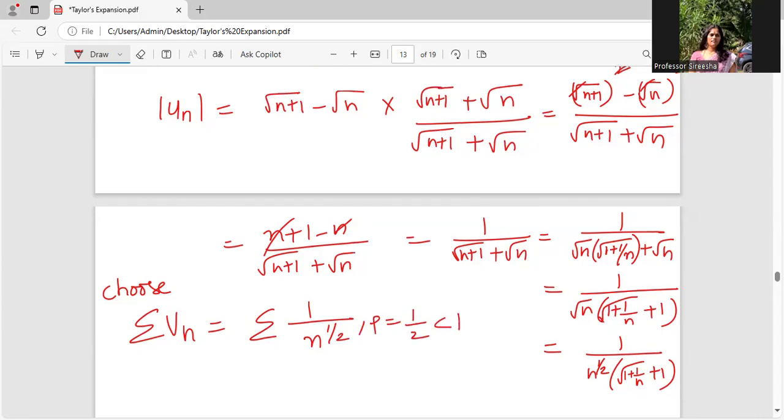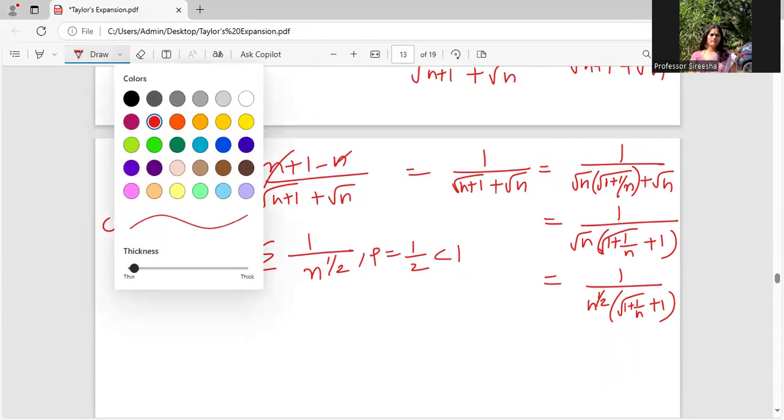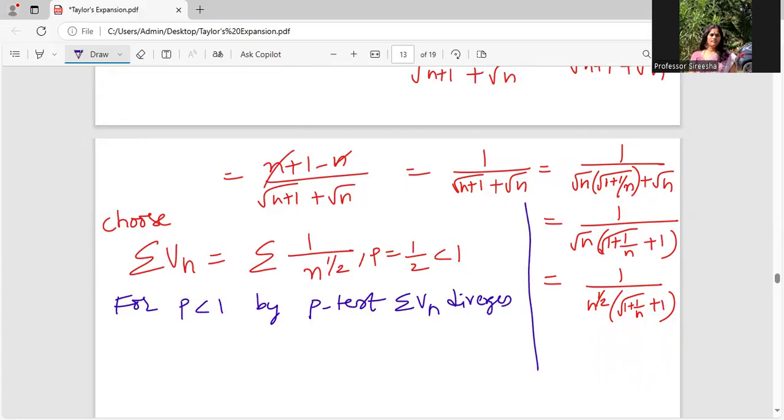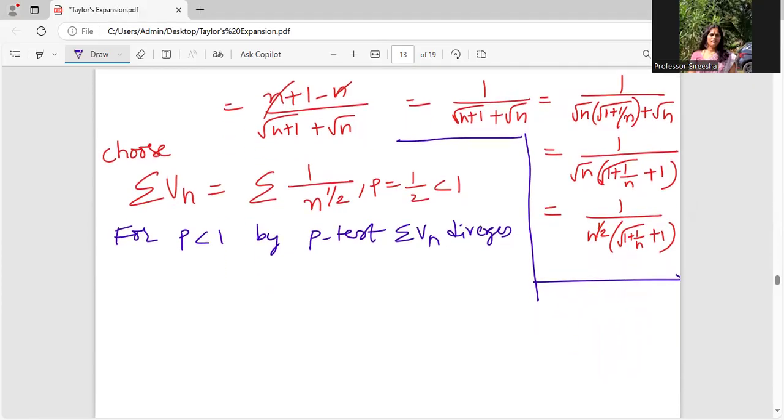So, what does the p test say? The p test says that if p is less than 1, then the series diverges. I don't write all the conditions, I just write the condition that is applicable here. For p less than 1, by the p test, summation vn diverges. That's what I have about summation vn. That means I have the information about summation vn,